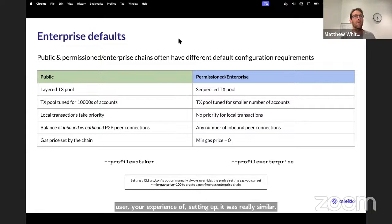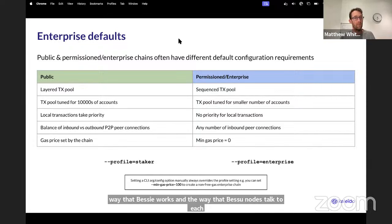And what we found talking to enterprise users was getting Besu to perform really well and be stable and achieve the kind of SLA requirements they have could involve quite a lot of manual trial and error of how to configure Besu. And indeed, to get a permissioned chain to work effectively and to be performant, you do need to go through and make careful choices about some of the intricacies of the way that Besu works and the way that Besu nodes talk to each other. So Besu took that on board,